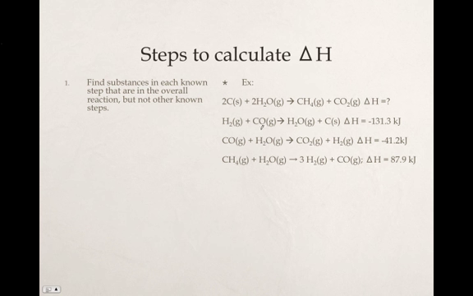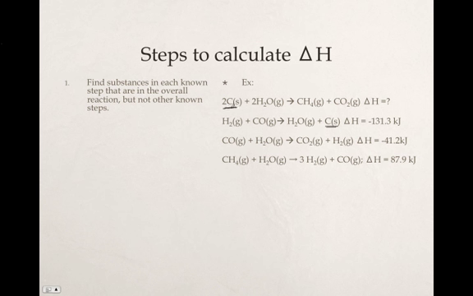Carbon monoxide is also not in our overall reaction. We have water in the gas form. That is in our overall reaction. However, it's also in our other two reactions, so we don't want to use that one. So we're going to focus on this carbon right here because it's in our overall reaction